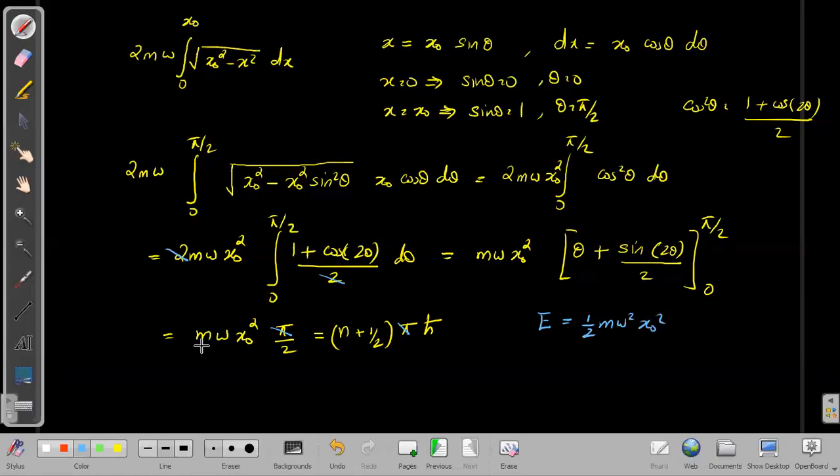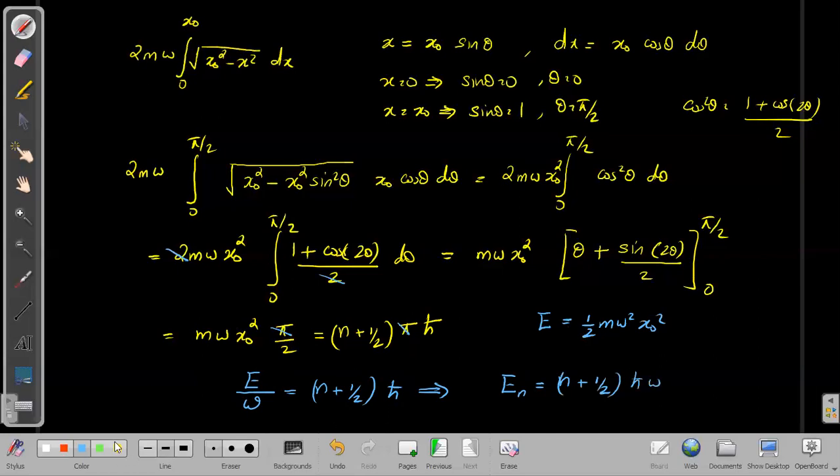So therefore this term is same as energy divided by omega. That would be equal to n plus half times h cross, and this implies that the energy of harmonic oscillator En would take the form n plus half